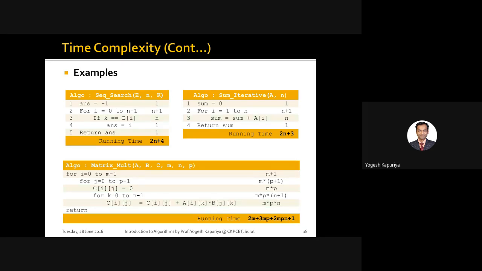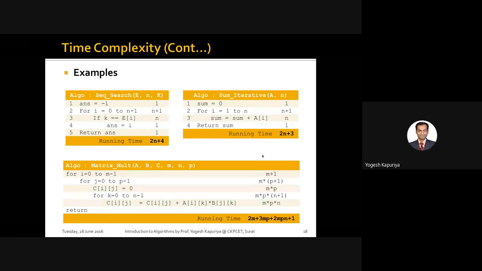So you see a loop, you will assume that this will execute n plus 1 times. Anything inside a loop, you assume that it will run n times, because it's an assignment. Here also assignment, here also assignment. And then finally you run statement number 5, so it gives you a single step. So you just simply need to add all this, and that will give you the running time.